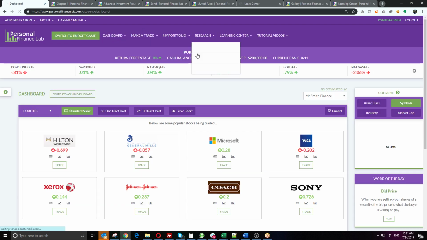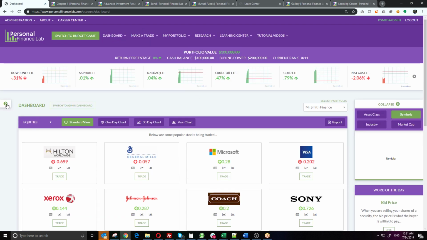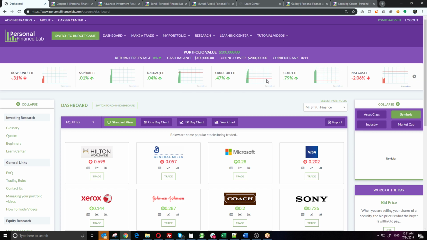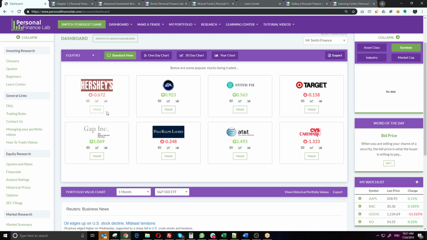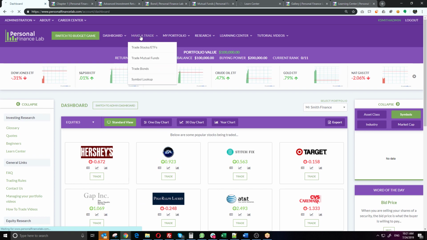So when a student logs in for the first time, this is what they see. This is what's called the dashboard page. If I had any holdings, they'd be shown here, but because I don't have holdings, it's actually going to be rotating through a list of the most commonly traded stocks from other students in the platform. You can see this updates every couple of seconds. If I go to the actual trading page,